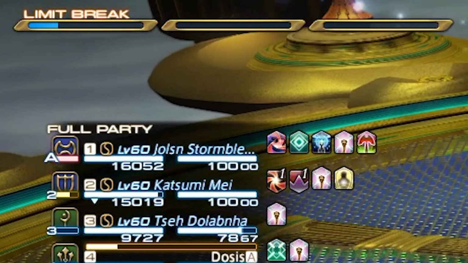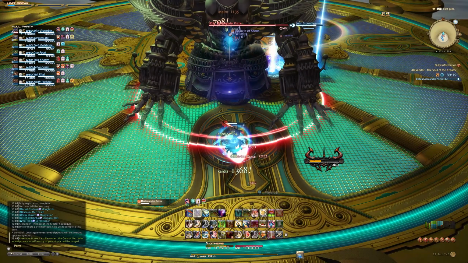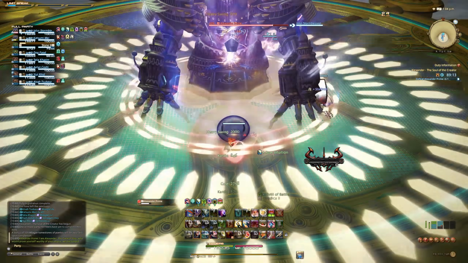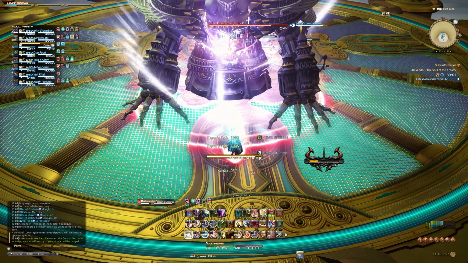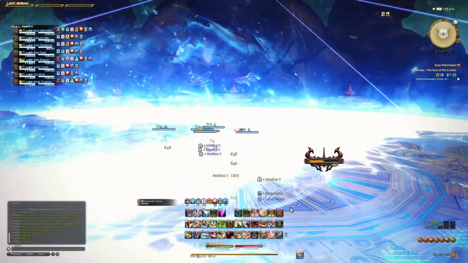There are 3 bars to the limit gauge, and reaching each one of them allows the use of a different powerful limit break ability. Light parties, meaning 4 players, only have access to 1 bar, while full parties of 8 players have access to all 3. The effects of the limit break vary depending on your role, but to summarize it, casting tank LB3 will apply mitigation,